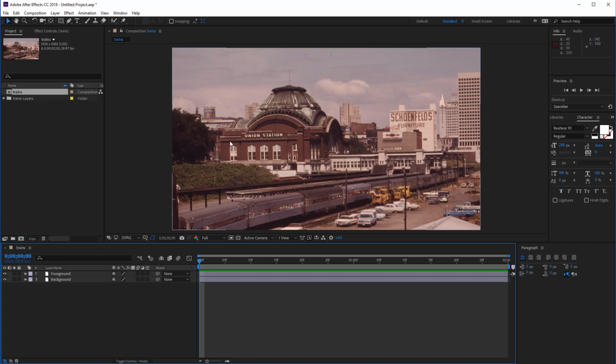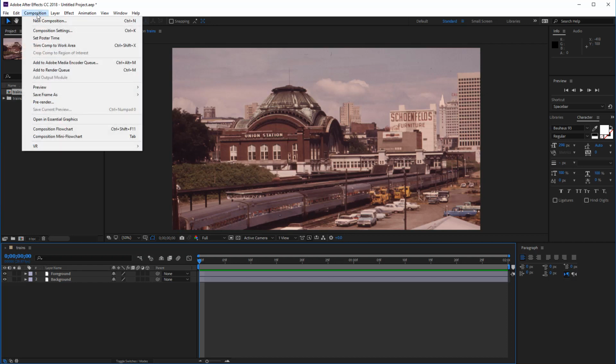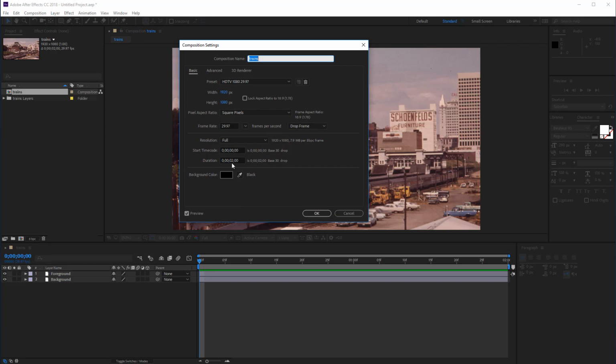The bad part about CC 2018 is that the default length for some compositions is, in my case, 2 seconds, and we don't want that. We're doing a 10-second animation. I had 300 frames, so you're probably going to need to go to your composition and then composition settings and change that duration to a certain time. Now yours may be 30, depending upon whoever was using the computer ahead of time, but it's probably not going to be 10. At least I don't think it should be 10, but you need to change that duration to